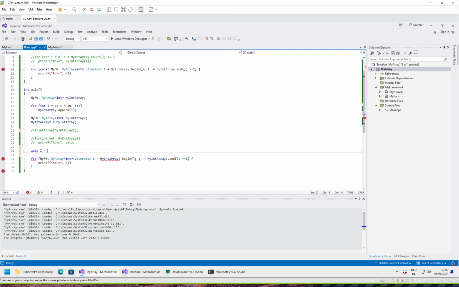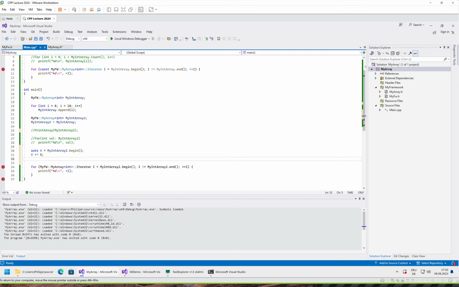auto x sequence begin x plus is equals 5. We want to delete everything after 5, or rather, let's say we want just to delete 5, and then erase x, and in principle, like x. Let's say we want to erase everything after it. So for, and here we check x is not equals